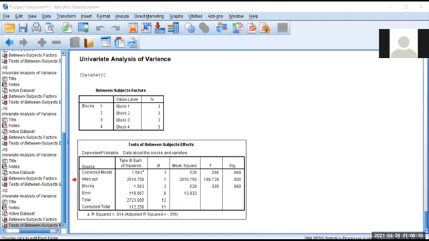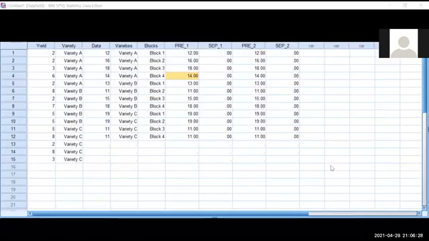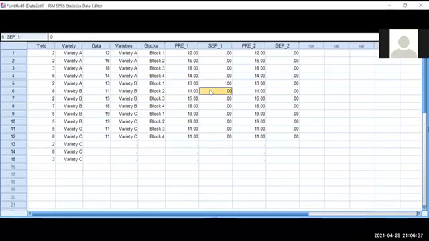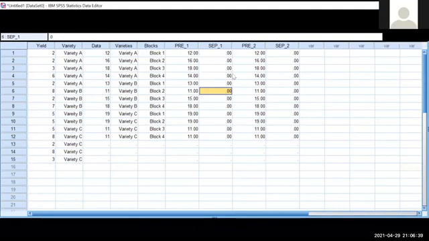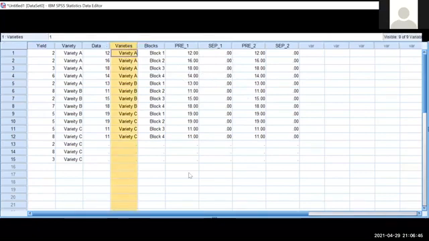Excuse me, sir, one more doubt. Yes, ma'am. Sir, in the test of between-subject effects, I am not able to get this F and significance level. Same doubt, sir, it is blank. That's why, ma'am, I got some error here. Because see, this value and all, I didn't type, but I don't know how it got this value. Okay, that's why I told you.